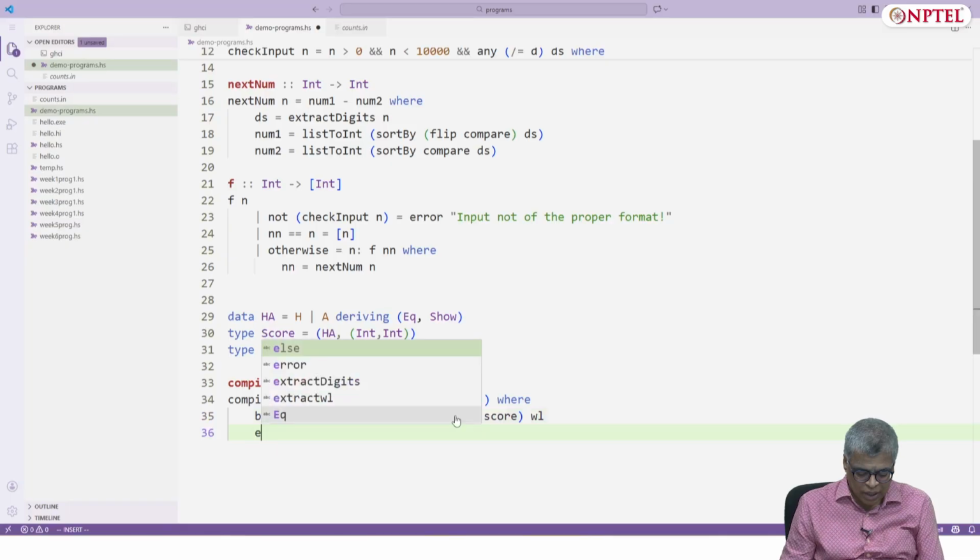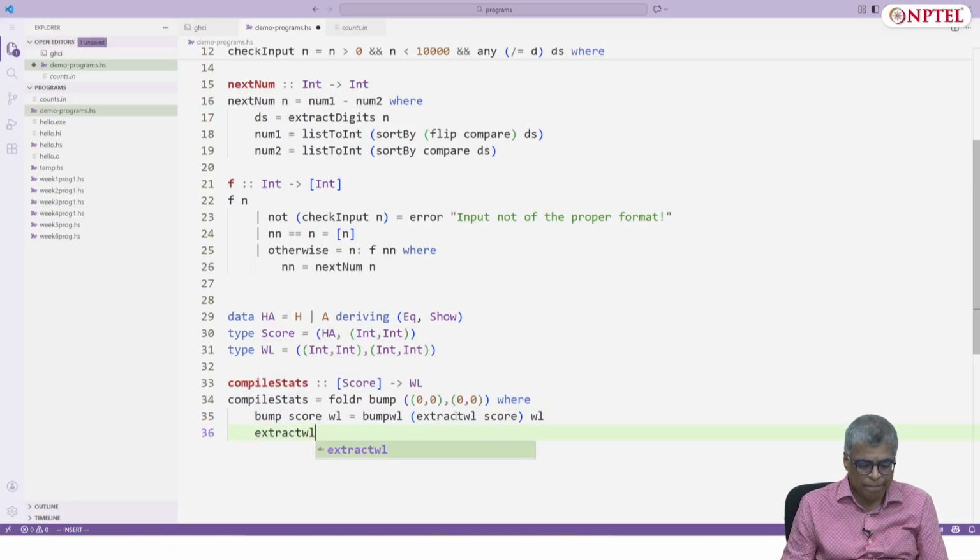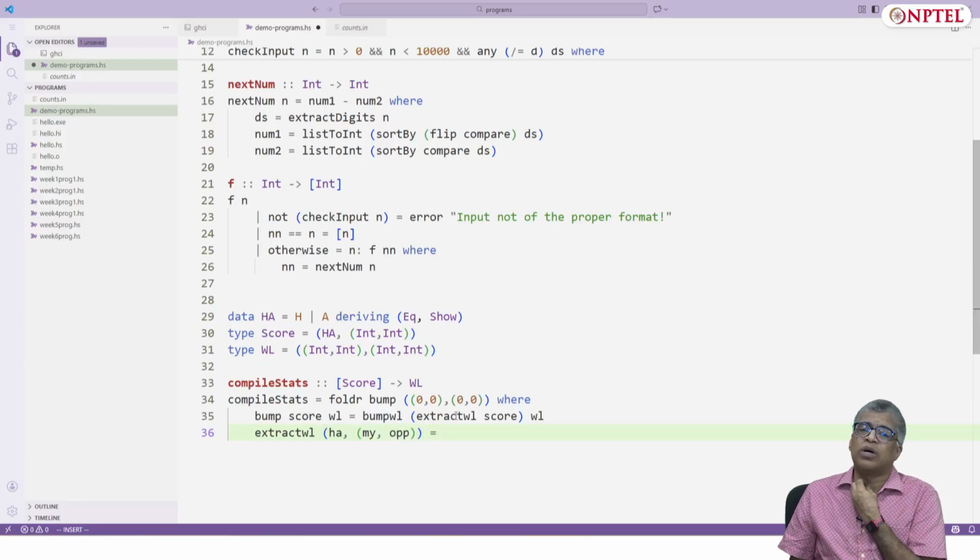So let's look at that. Extract WL. How do you determine whether it's a home win or an away win? Let's see, what do I want to produce here?